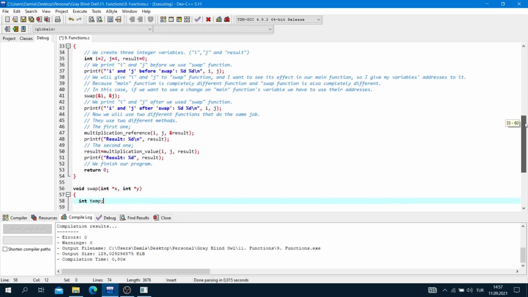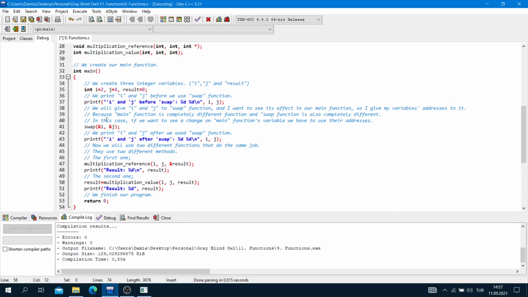Now, in this case, if we want to see a change on main function's variable, we have to use their addresses. If I want to change i and j and see their changes, I have to send their addresses, because this i's address, for example, is equal to 2.